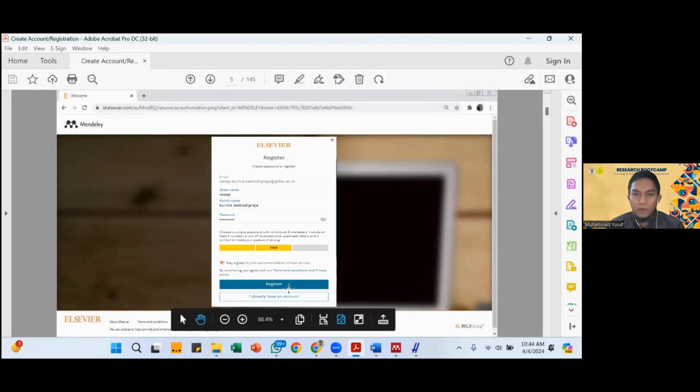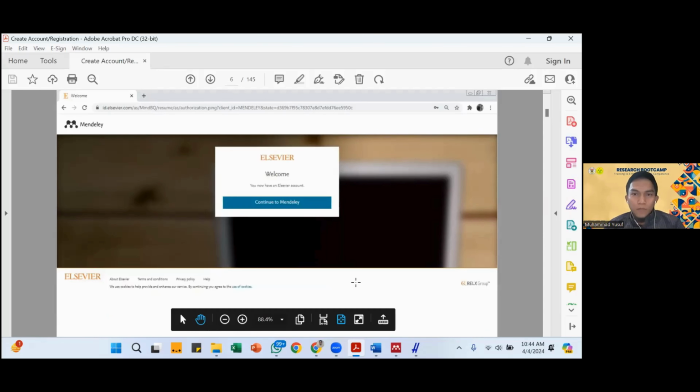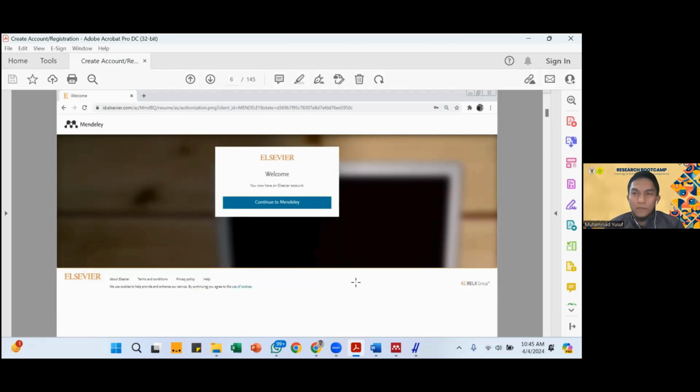If you already have an account, you can click I already have an account. And then you now have an Elsevier account. With the Elsevier account, you can continue to Mendeley, and you have a Mendeley account too.